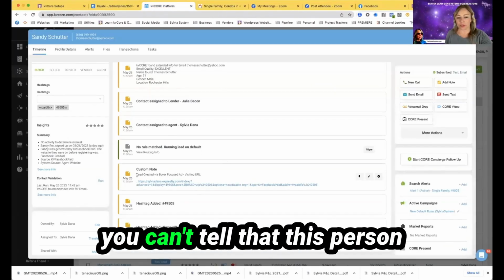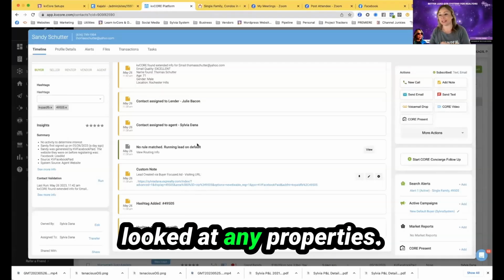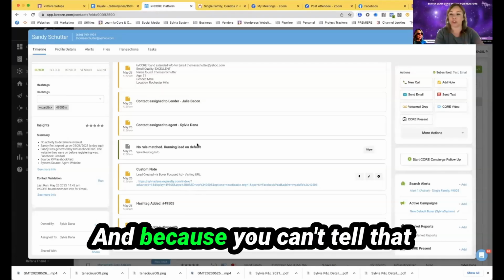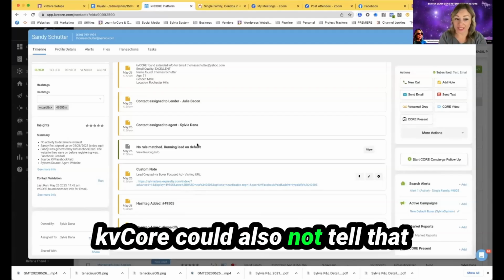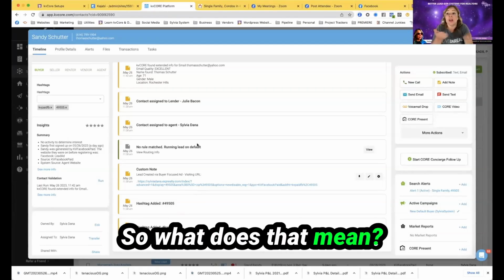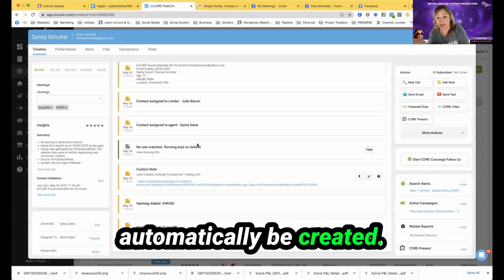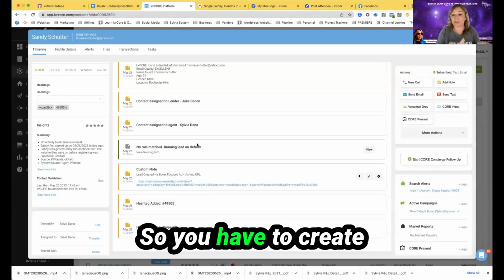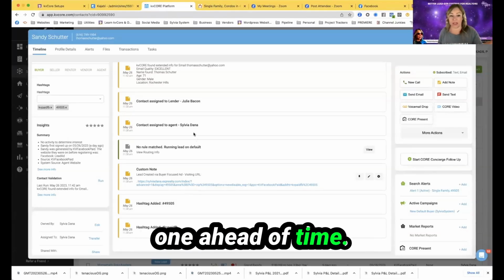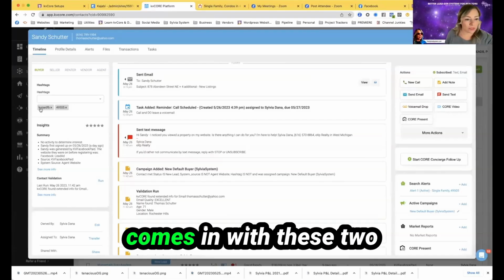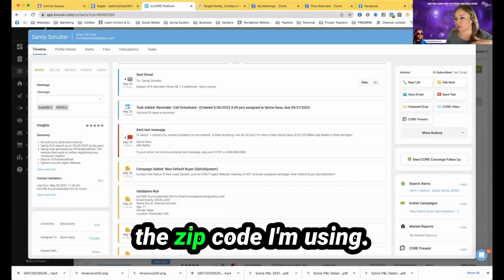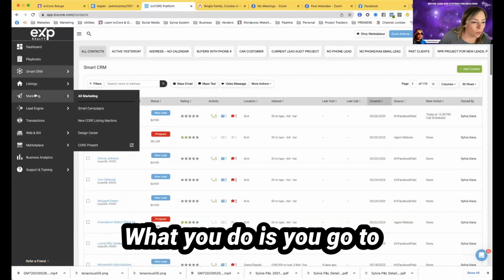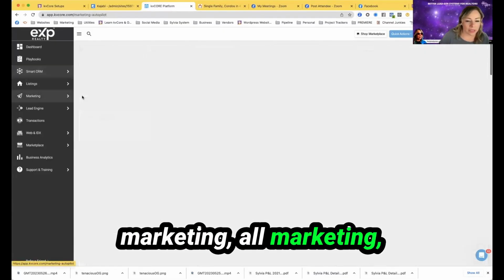So what happens is you can't tell that this person looked at any properties. And because you can't tell that they looked at any properties, kvCore can also not tell that they looked at any properties. So what does that mean? No search alert will automatically be created. So you have to create one ahead of time. So you can see this one comes in with these two hashtags, KVPaidFB and 49505, which is the zip code I'm using. What you do is you go to marketing, all marketing,